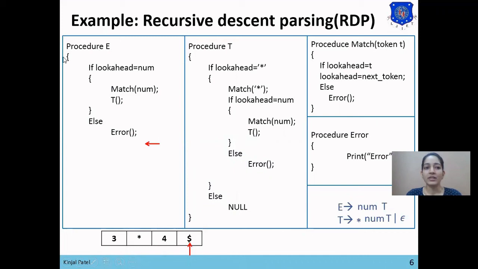Now in procedure E, we need to add one if condition for dollar, that if lookahead equals dollar, then declare success, that our string has been parsed successfully. Else procedure error will be called, that is, there is an error in our input string.